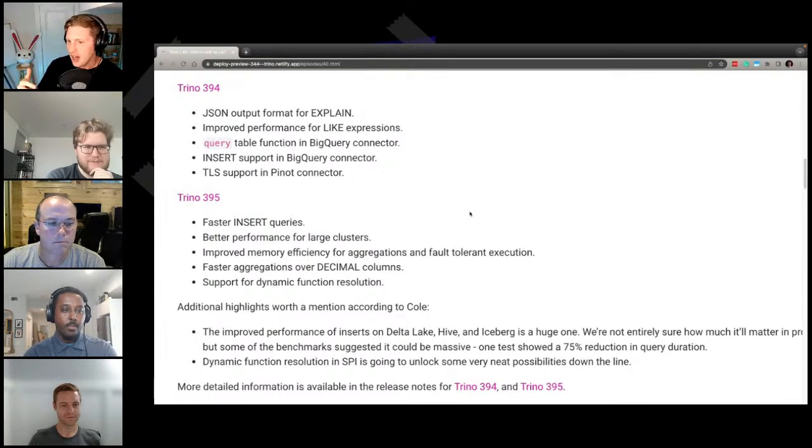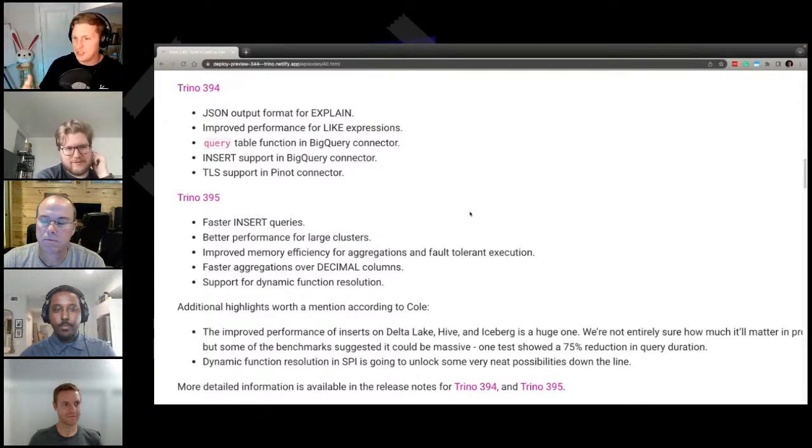Particularly, this is pie in the sky at this point, but we're getting closer to dynamically adding catalogs to Trino. So if you want to add a secondary or third catalog to, say, a different database, you don't have to restart the entire cluster to do that, which is a rare thing to have to do. So it's not super in your way, but that's yet another thing where you don't have to restart Trino. And so dynamic function is another thing on that path. That's exciting.